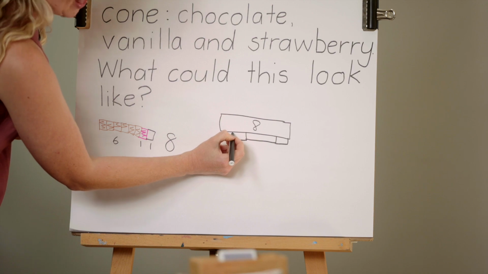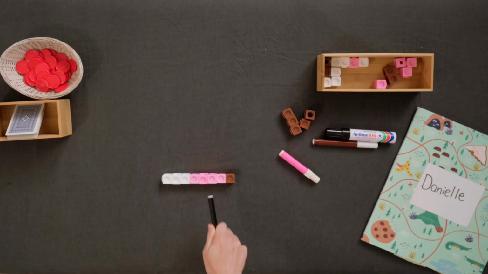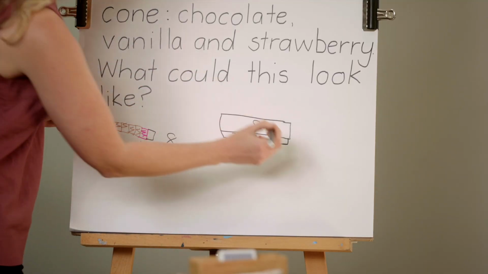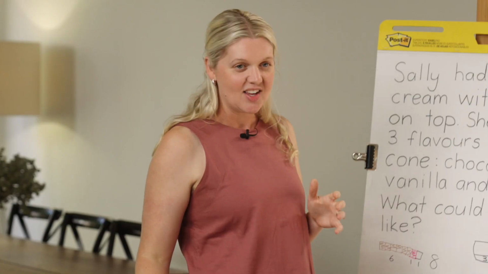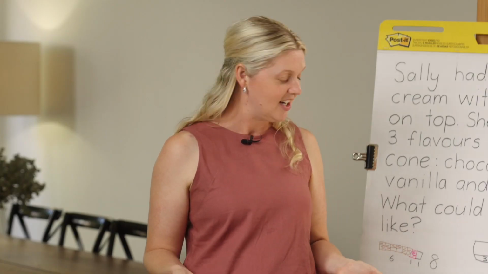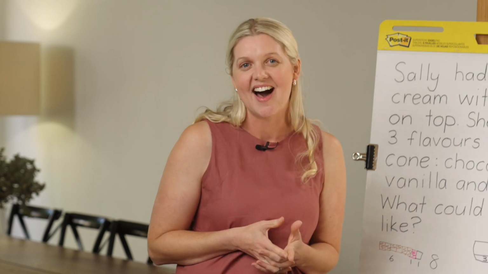So we had 3 vanilla, we had 4 strawberries, and we had 1 scoop of chocolate. That makes 8. Now, your home task today is to continue to find 3 add-ins to solve the ice cream